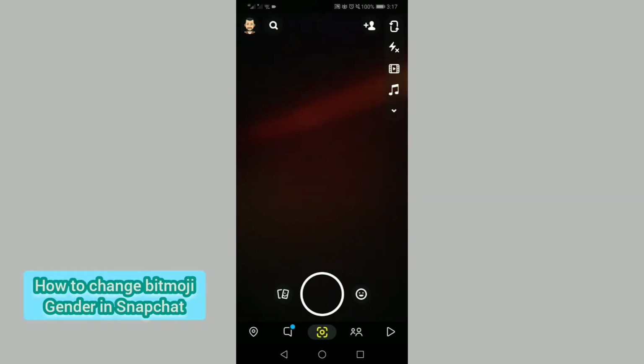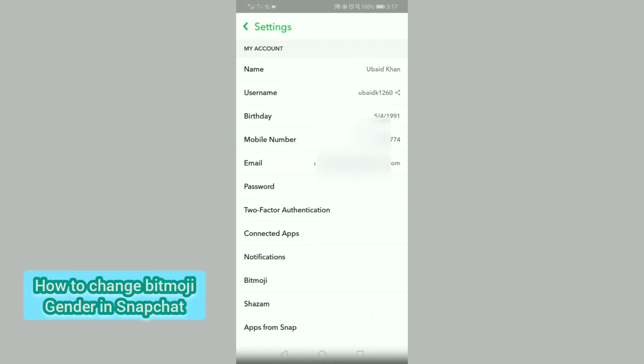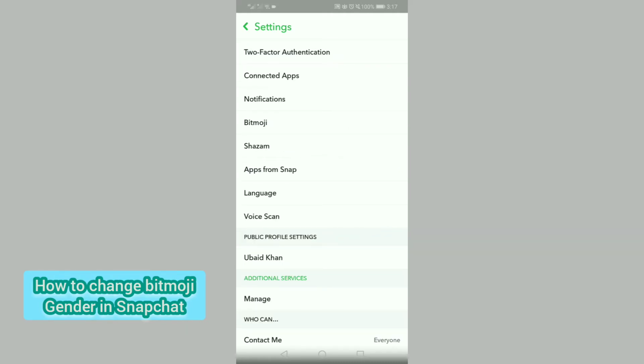So let's get started. First of all, when you open Snapchat, simply tap on your profile icon on the upper left corner. Once you tap on this, tap on the settings icon on the upper right corner. And here scroll down a little bit and you can see the Bitmoji option. So simply tap on this,